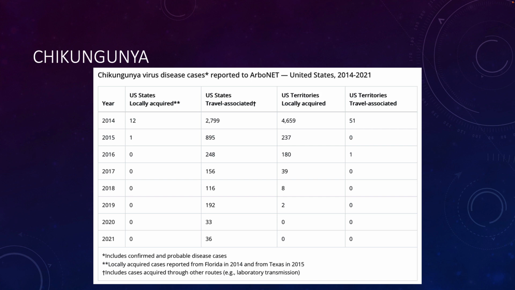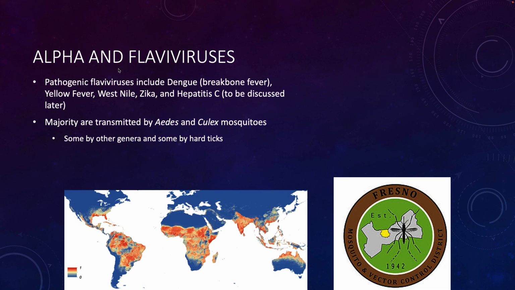So those are the alpha viruses. Later, we will talk about another alpha virus, but it's not an arbovirus, so it's a separate one. There are also flaviviruses that are transmitted by mosquitoes. There's another one that we'll talk about later that's listed here, hepatitis C. But flaviviruses include dengue, which is also sometimes called breakbone fever. There's yellow fever, West Nile, Zika, and the majority of them are transmitted by mosquitoes belonging to either